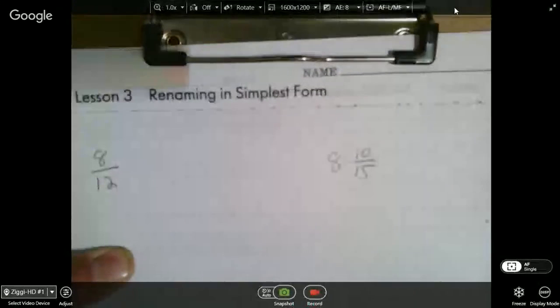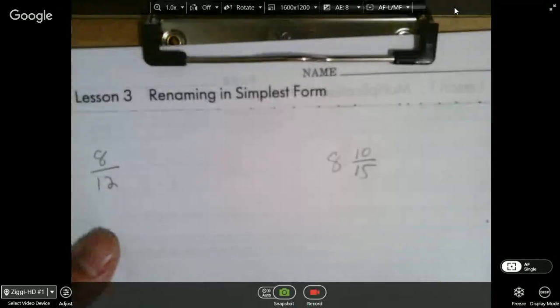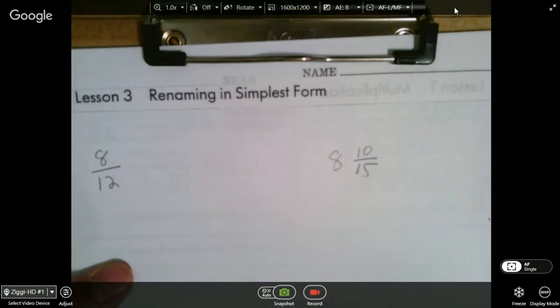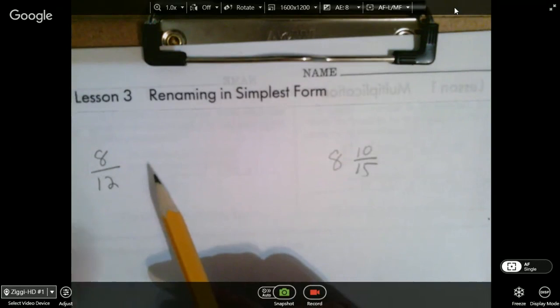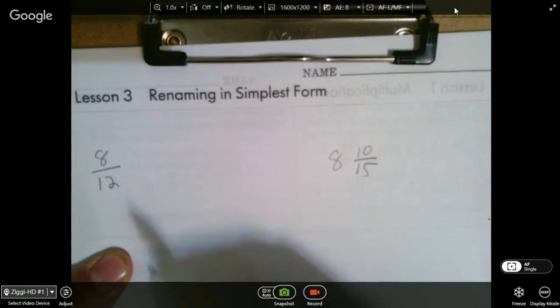Okay, this is lesson 3 of our fractions review. We are going to build off of our last lesson. Okay, we are rewriting fractions in simplest form. The first thing you need to do, the easiest way to do this, is find the greatest common factor between